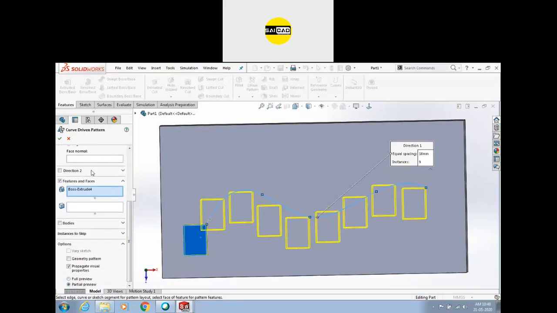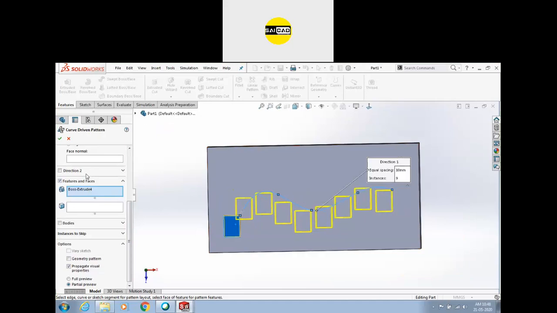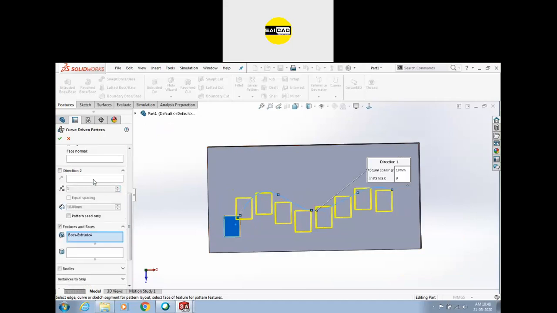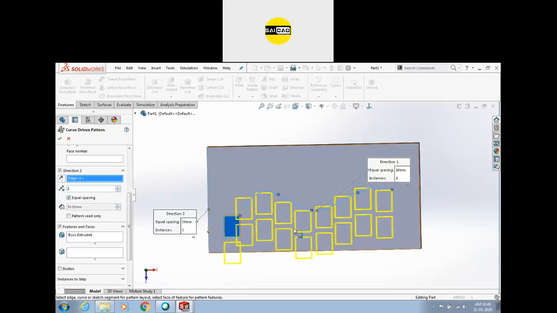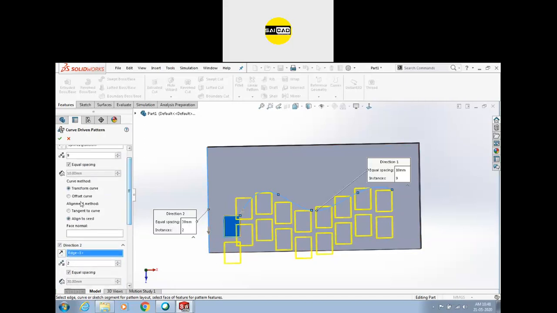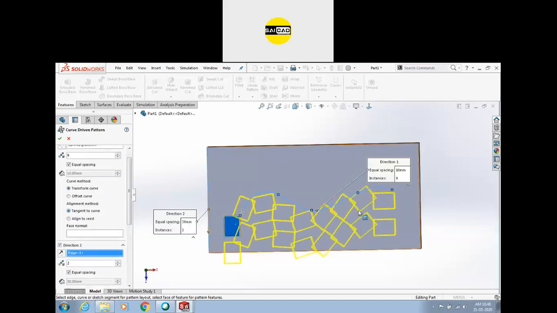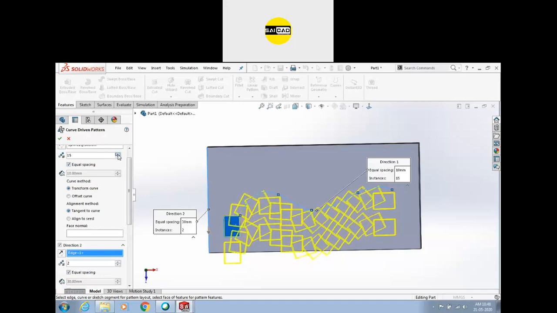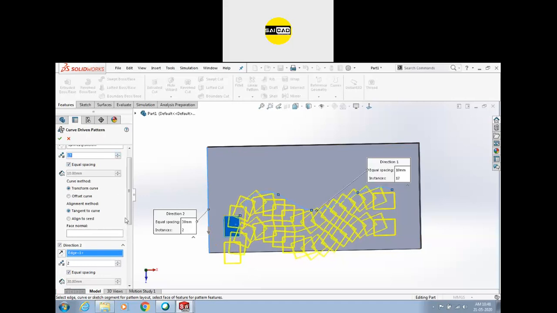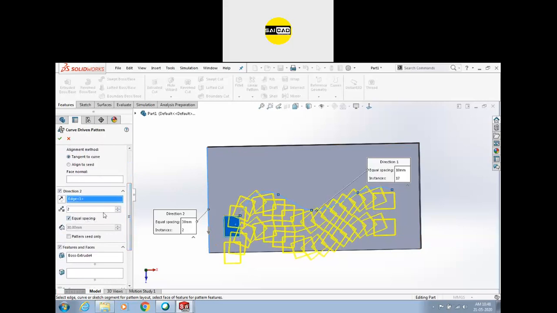Okay, you can specify direction two also. If you have any direction, you can specify that also. If you want, you have to click here and you can specify direction two also, and specify how many objects you need. Okay, so you need two objects, equal spacing. So you can see there is another line. If you go to the tangent, you can see there are some other objects like that. If you increase the gap, or there is the equal spacing, so the spacing will be